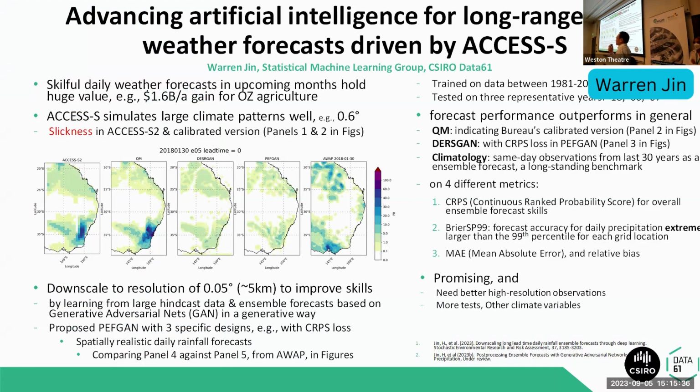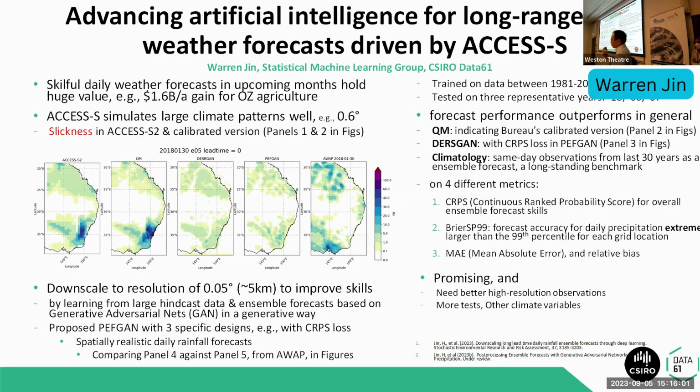So localized and skillful weather forecasts for coming months are valuable. For example, for agriculture, we can get $1 billion extra gains per year. Our calibrated seasonal forecasting model like ACCESS-S can capture the larger scale climate pattern pretty well, but in order for